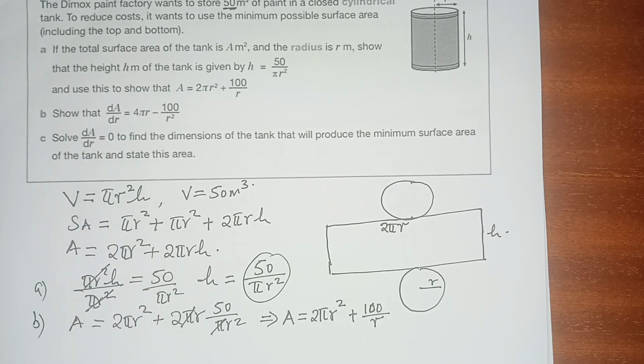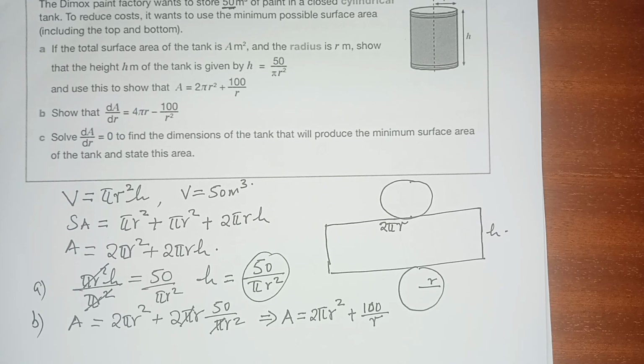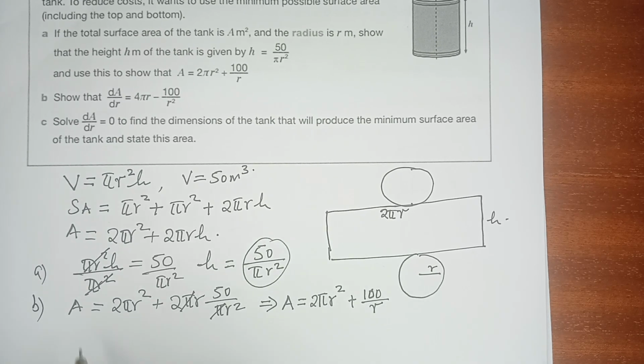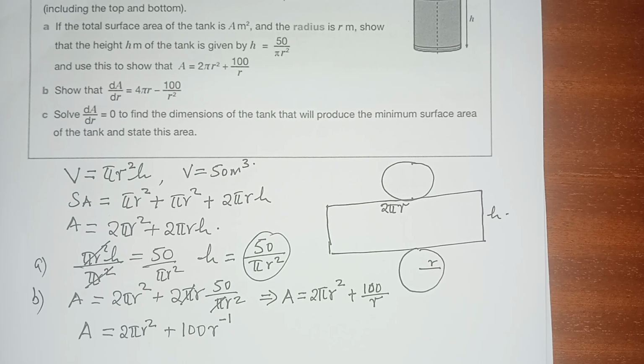Show that dA/dr is equal to 4πr minus 100 over r squared. In other words, the derivative of A with respect to r is just that. We have to start with what A is. Of course, we know A is equal to 2πr squared plus 100 r raised to the power negative 1. The reason why we have raised r to the numerator position is because we are going to differentiate that function, and we are going to have